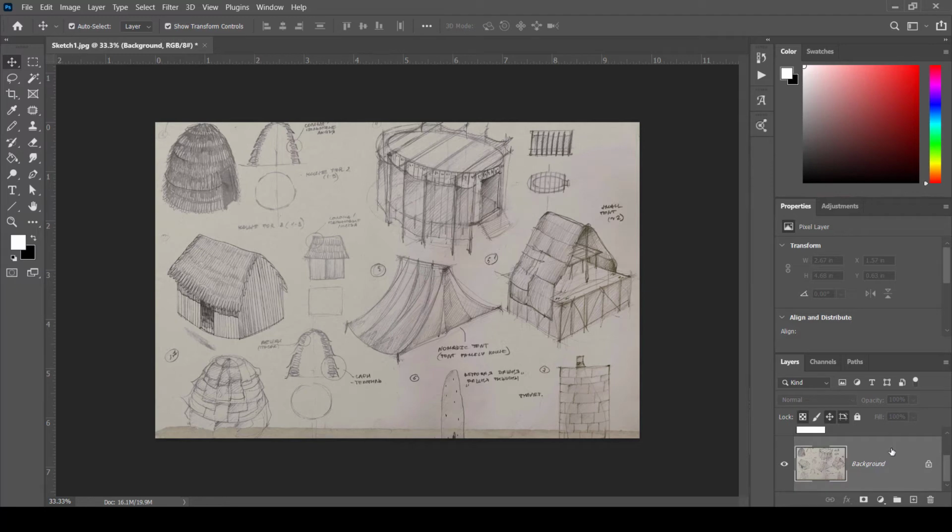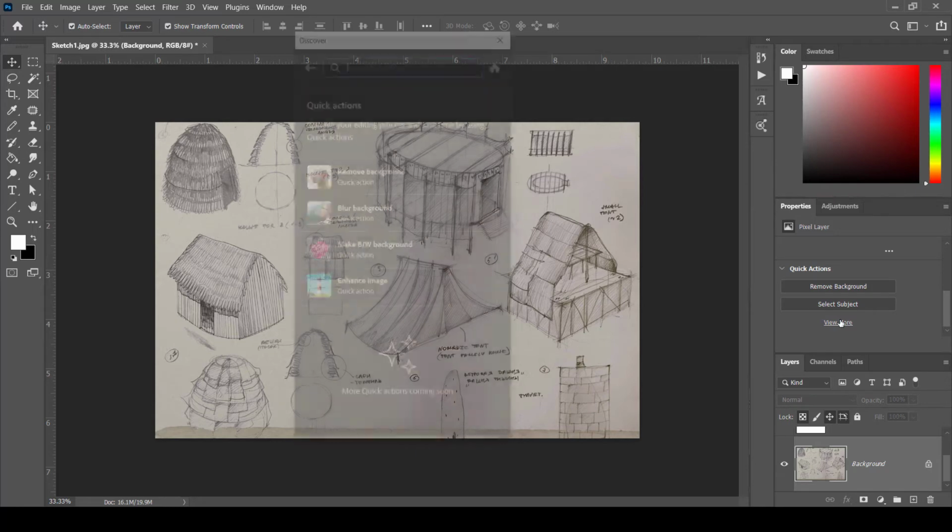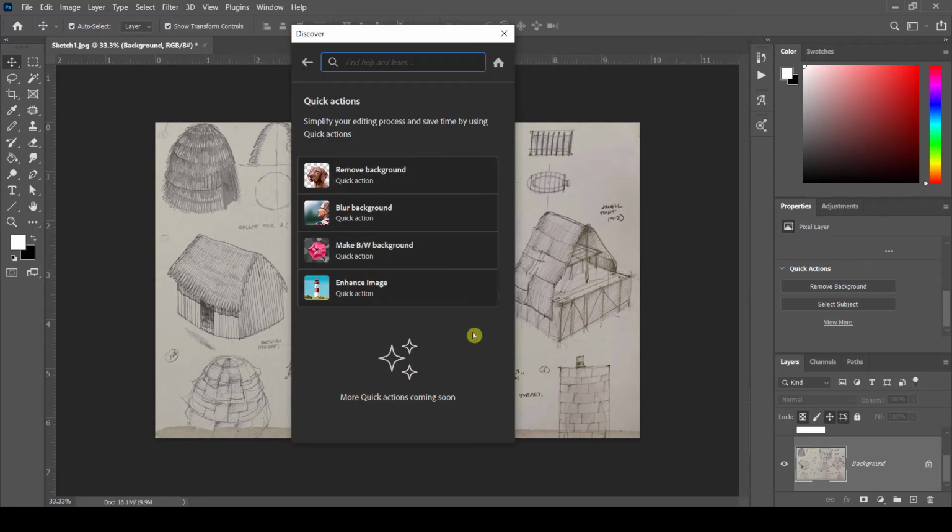Similarly to how one-click adjustments can be applied using Microsoft, we have some auto-enhance buttons in Photoshop. The more recent tools can be found once again in the Properties panel, and if we choose the View More option, an action window will open. Feel free to try these out, but from experience, I know that they will not work well for our current